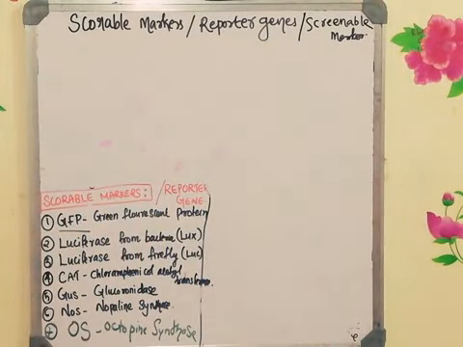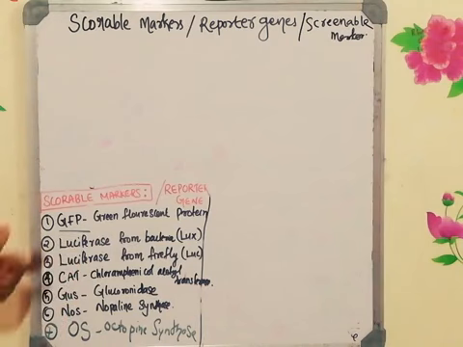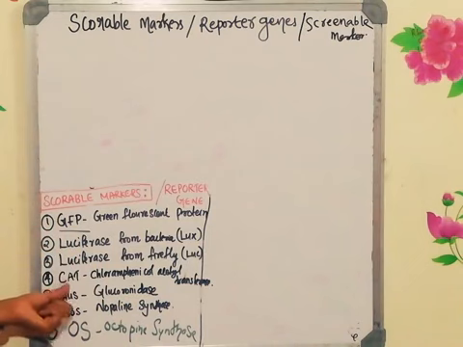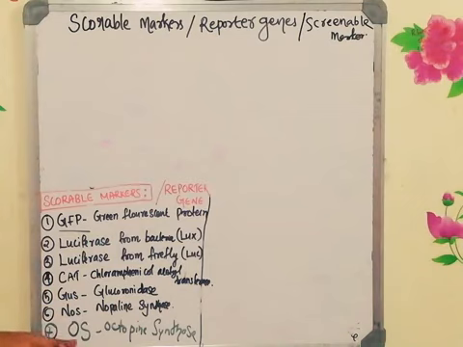All of you might have seen how a firefly looks. The firefly also has luminescence, or light emission. That is because of an enzyme in the firefly called luciferase. We can use that one, or the luciferase which is there in some bacteria. Another one is CAT, chloramphenicol acetyltransferase. Another one is GUS, glucuronidase, and NOS stands for nopaline synthase. And the last one is OCS, or octopine synthase.